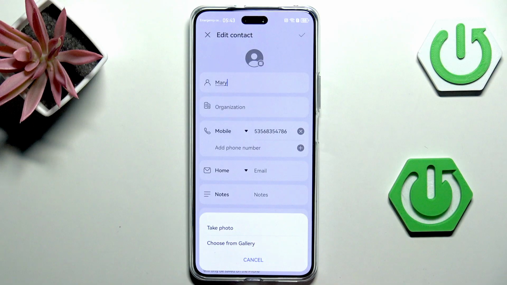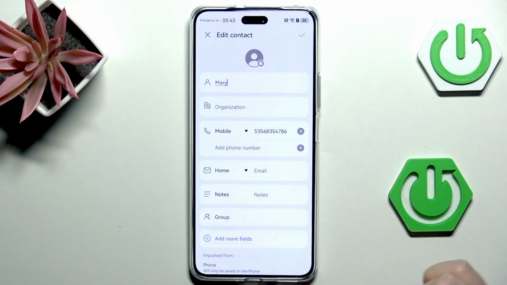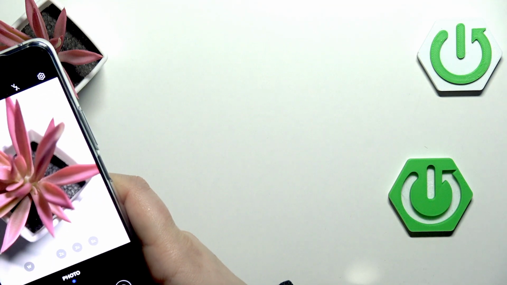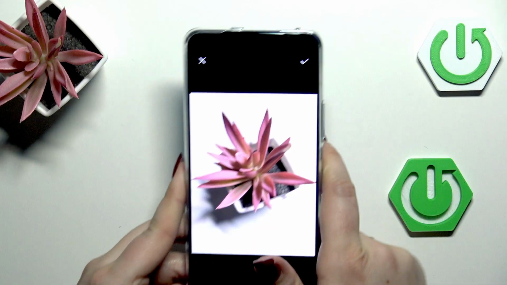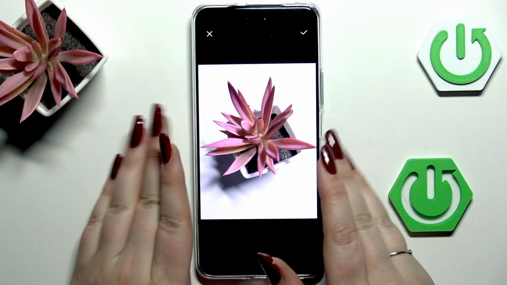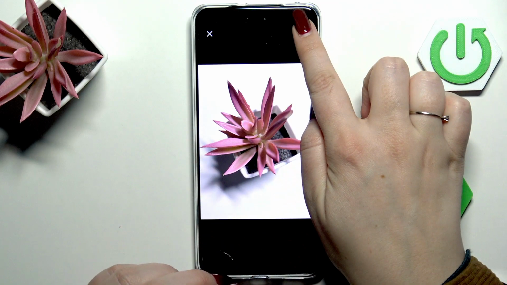we can tap on take photo and your device will immediately open the camera app so we can take a photo of someone who's right in front of us. And I'll choose this option as I do not have any photos. So let me just take a photo of this plant, let's say. Here we've got it, so if you're happy with the results, just tap on the tick icon in the right